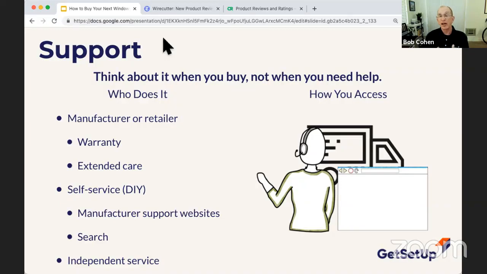So ask about the support, what you need support for, how you need support, how you want to get it, because getting technical support after you buy a product is not always the easiest thing in the world. And so understanding what your options are about support is going to be important when you buy it. You're going to have the most choice then. And a lot of manufacturers that sell PCs directly offer support plans too.